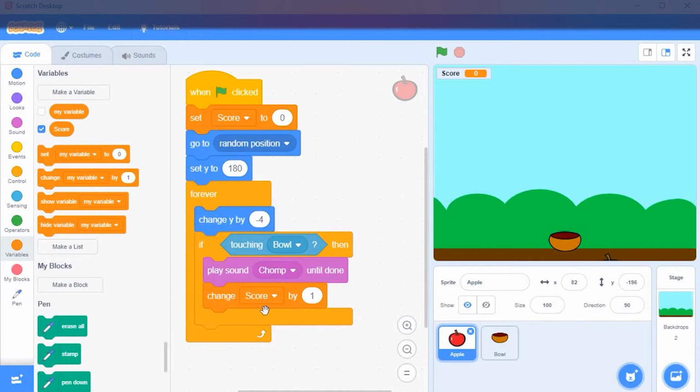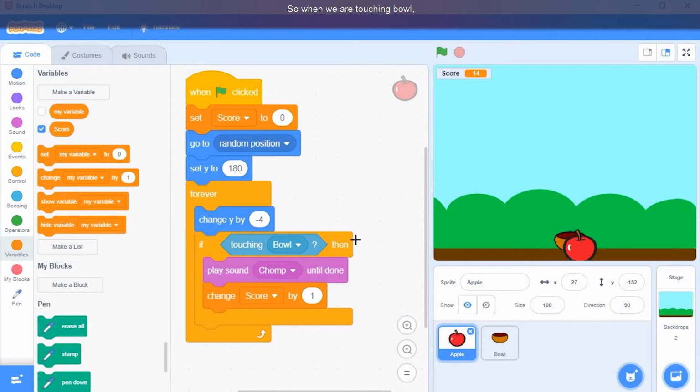Okay, now if you add this, let's see what happens. So when it is touching, so what is happening there? You can see even score is 14. That means apple is touching bowl 14 times as of now. So what happens here?